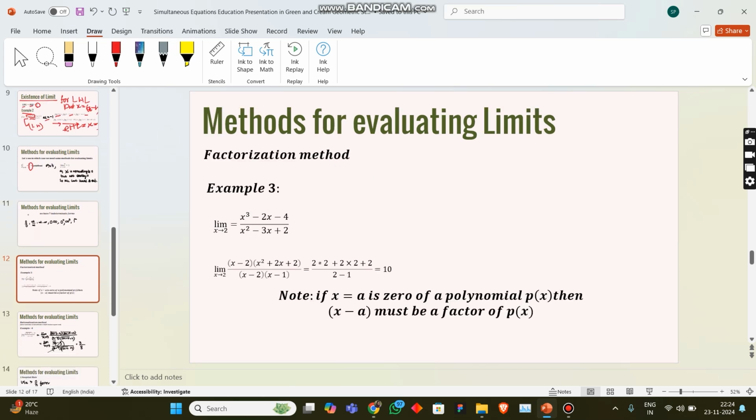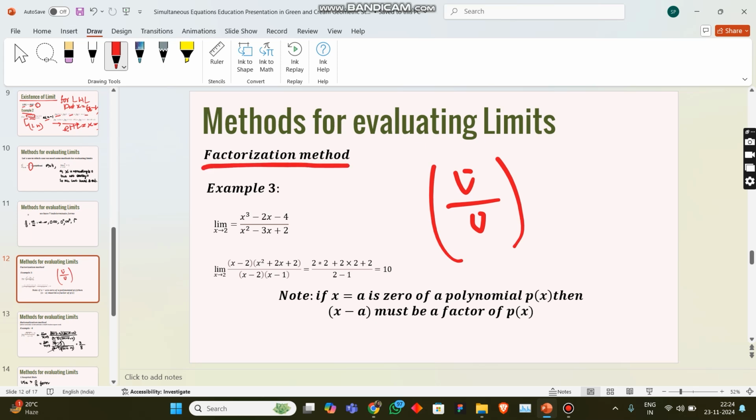Okay, let's have a look at the 0 by 0 form. So for the 0 by 0 form, we can basically use the factorization method. Suppose we have a problem, we will understand by the problem only. We have a problem, and